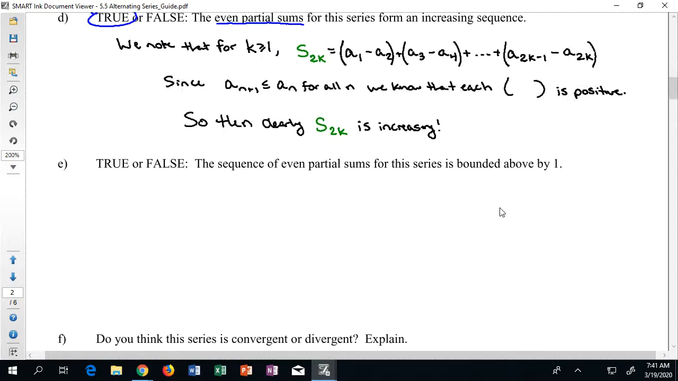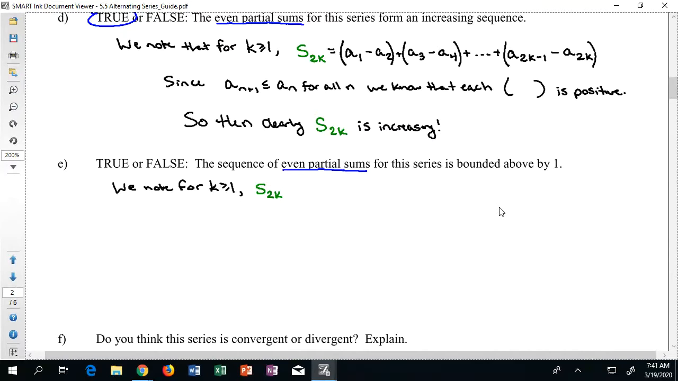All right, so let's take a look here at part E. The sequence of even partial sums for this series is bounded above by 1. Okay, so I'm still talking about this same list of values, but I now want to know if it's bounded. Okay, so well, let's see what we got. Maybe I'll write this again. We note for k greater than or equal to 1,